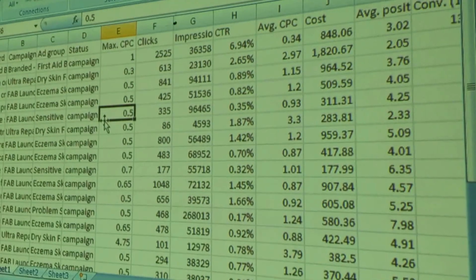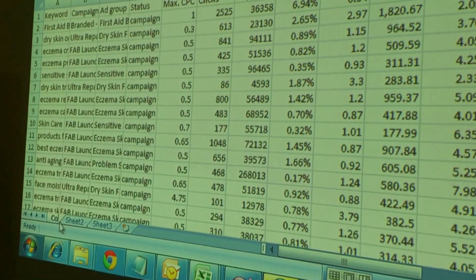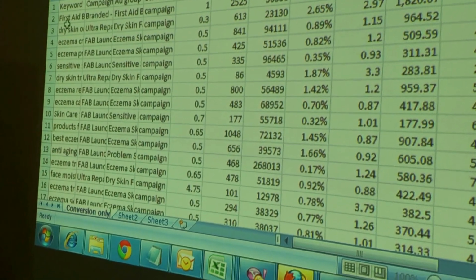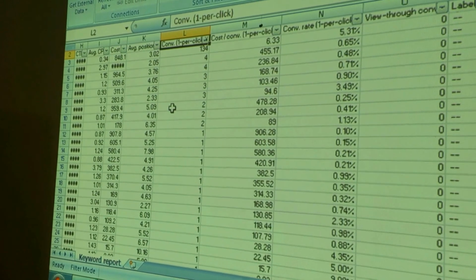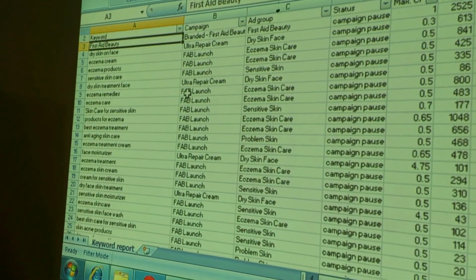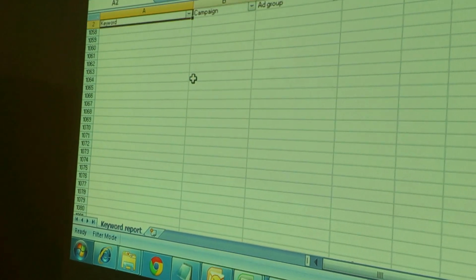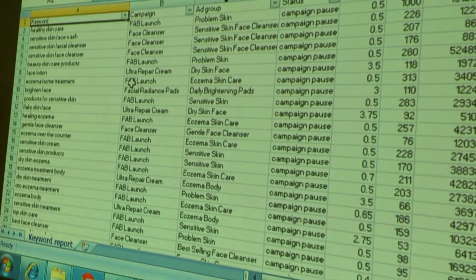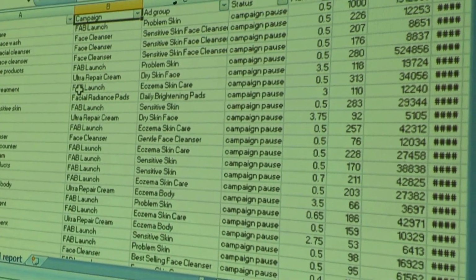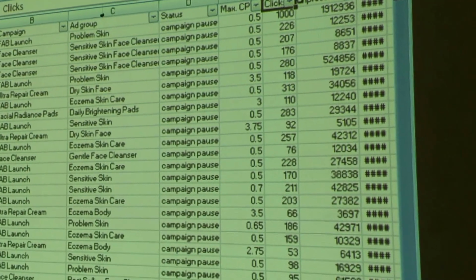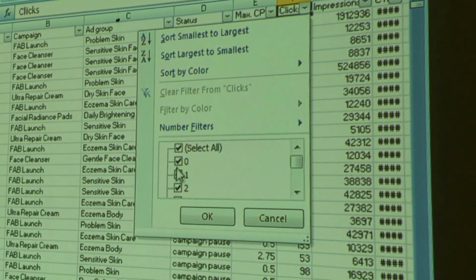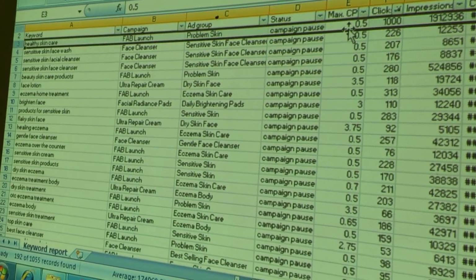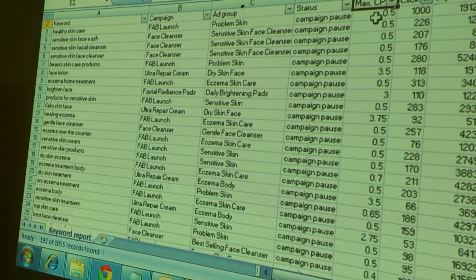Now define the sheet 1 name as conversion only. Okay, go back to the raw sheet. Now delete all those from the 3 till the last. Now open the filter again. Now go to the clicks option. Click on the filter and remove the 0 here. Now take all these keywords and put it in the next tab of the other sheet, saying cost or clicks only, with the header.